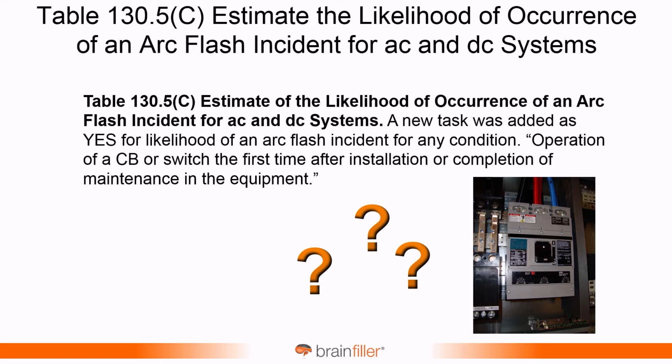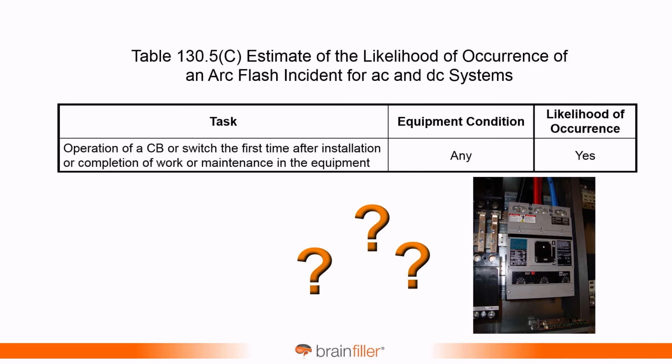And their way of checking a circuit is, oh, we did okay. Let's just throw the switch. If we see smoke, then we know we've got to go fix something. No. Is there a huge likelihood when you energize a breaker? Well, I can't contradict this, but within NFPA 70E, the rationale is yes, the first time you're operating a circuit breaker or a switch, after its installation or after completion of work or maintenance, over on the far right, likelihood of occurrence of an arc flash, yes. That is a new change to the 2021 edition of NFPA 70E.